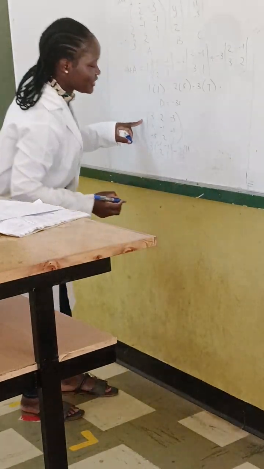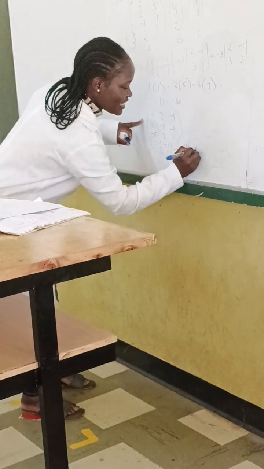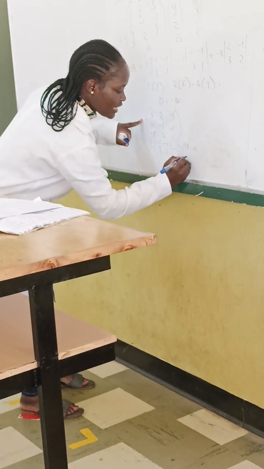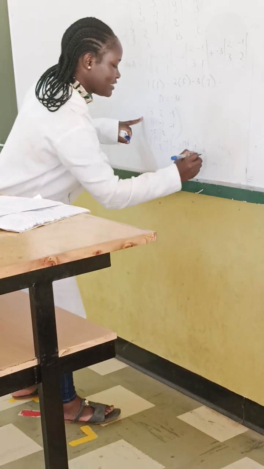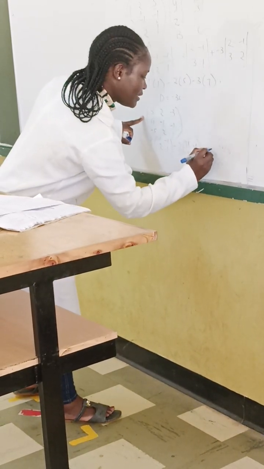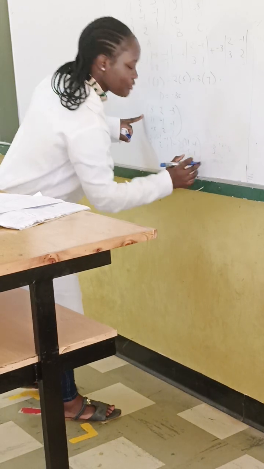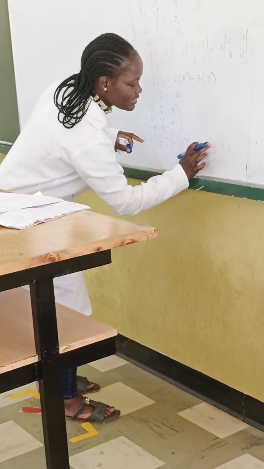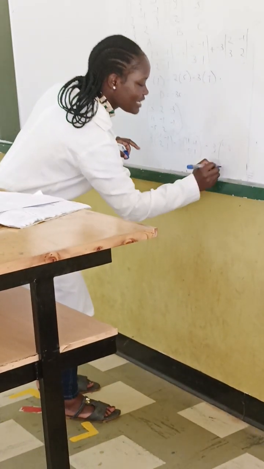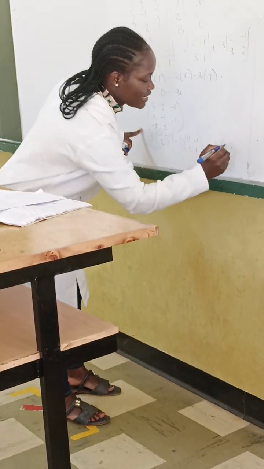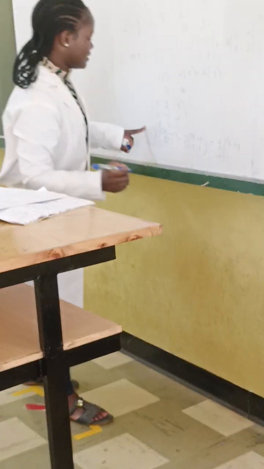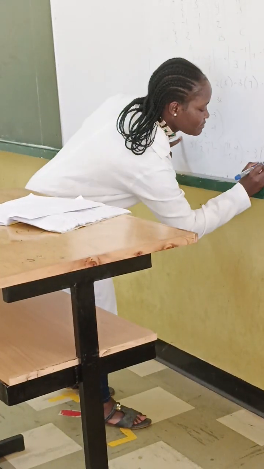Negative 1, negative 1, negative 5, negative 5, 1. Plus minus 3. So when you multiply positive by negative, it's definitely a negative. Minus 3 into 11, negative 1, negative 5, 2, negative 5,